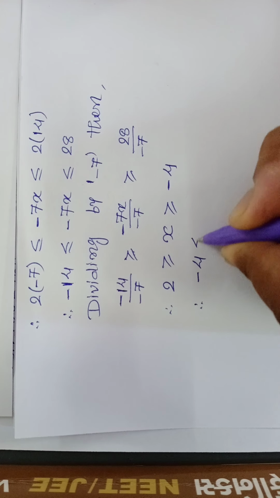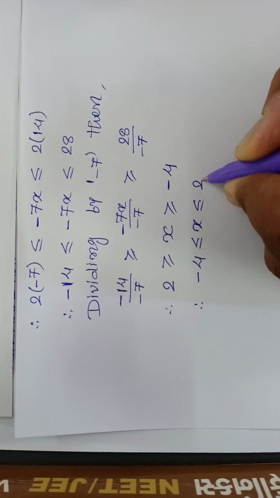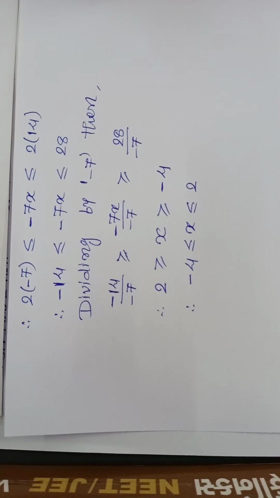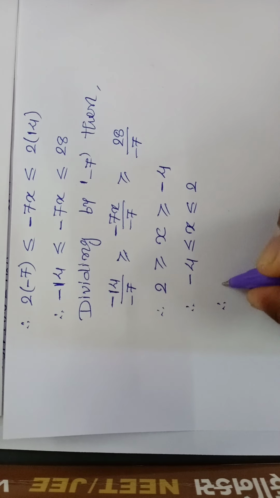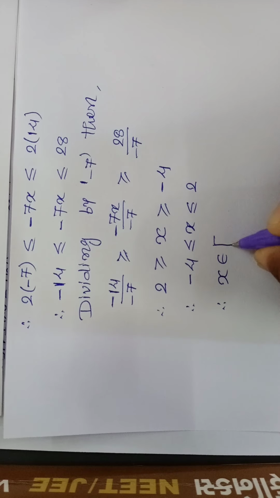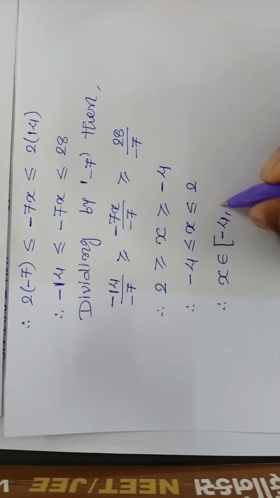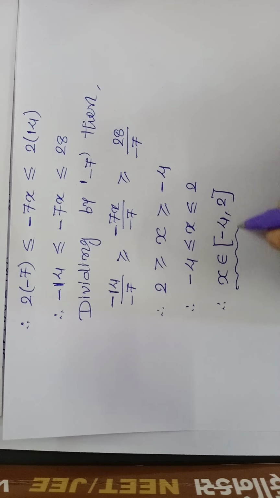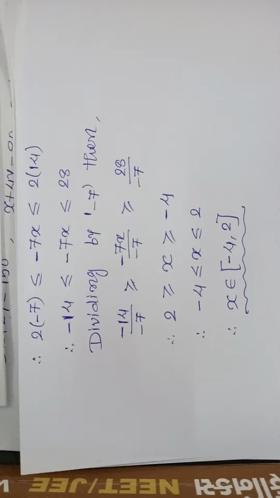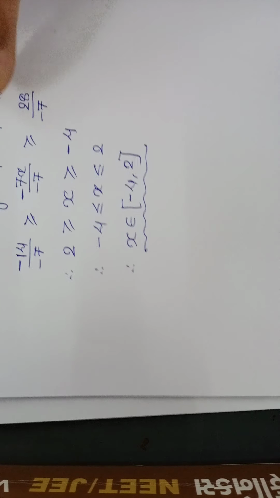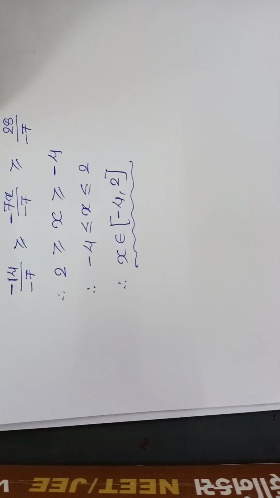So minus 4 less than or equal to x is less than or equal to 2, my friend, and therefore x lies between minus 4 and 2. This is the answer. x belongs to minus 4 to 2 is the answer, my friend. So I think now you understand it very easily. Okay. Now the next